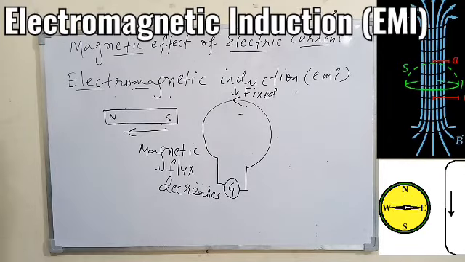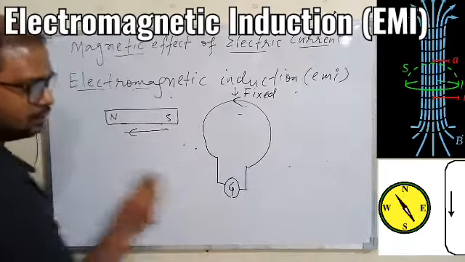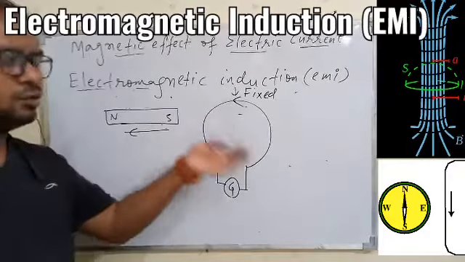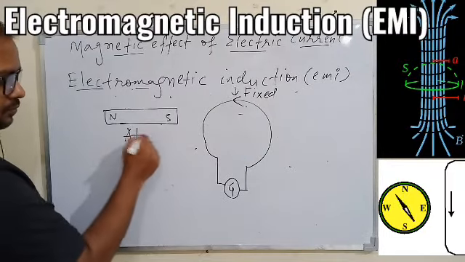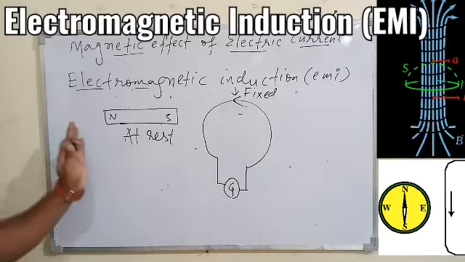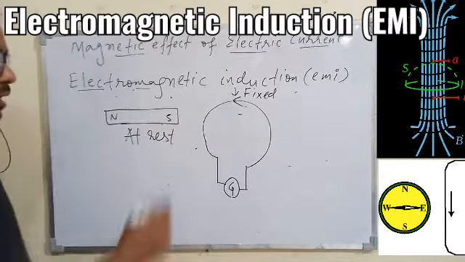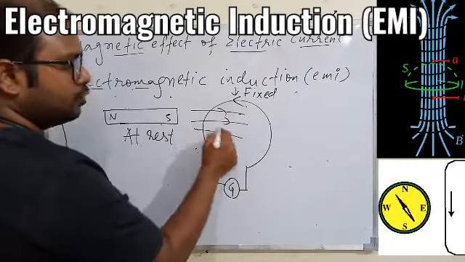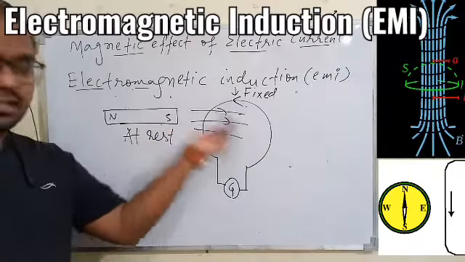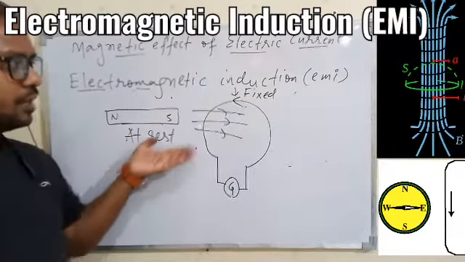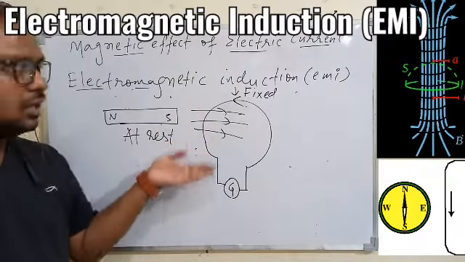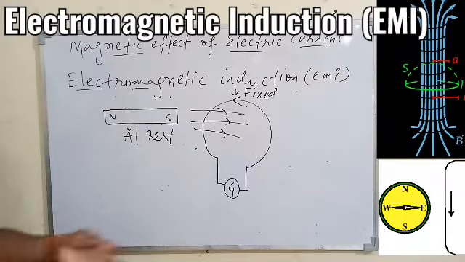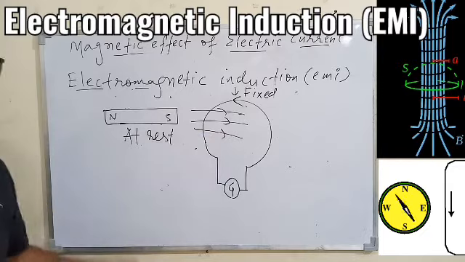If you are moving the magnet to and fro, the current will be induced in the coil in two different directions, and the time you stop the magnet, it is at rest. When the magnet is at rest and the coil is also at rest, the magnetic field passing through it will not change. Magnetic field lines may pass through it, but the magnetic field lines passing through the coil will be constant. And if the magnetic flux passing through the coil is constant, then current will not be induced. So that is all the concept we have.